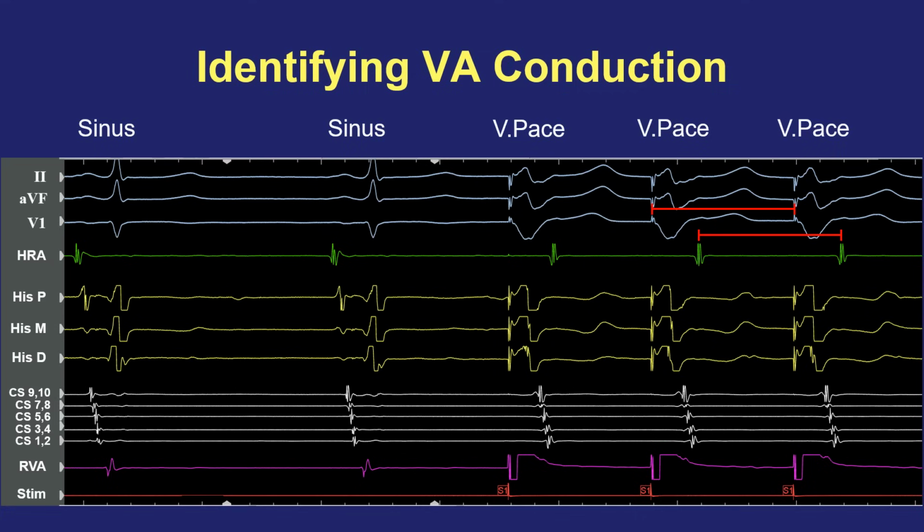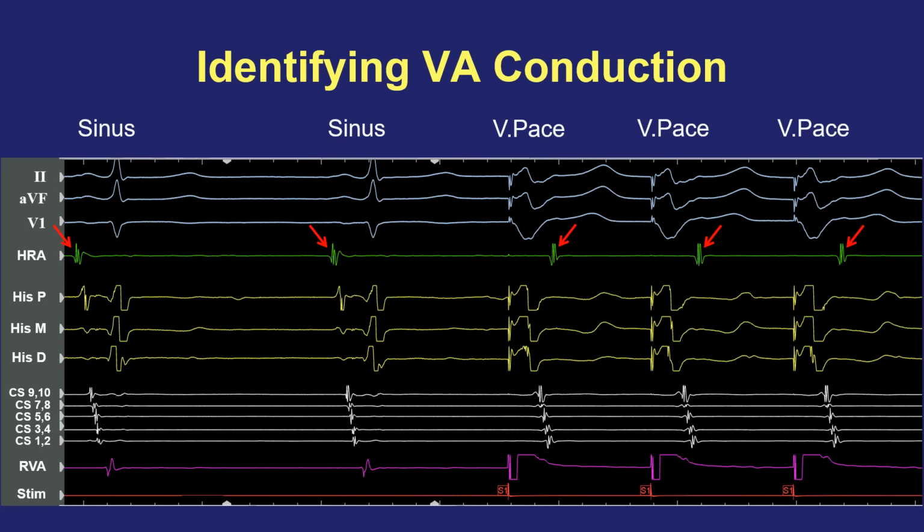But another way to look at it is the activation sequence during ventricular pacing. If we look at the high right atrial electrogram, for example, as I said before, during the first 2 sinus beats, that is the very first atrial electrogram to occur near the beginning of the P wave. But notice how on the latter 3 beats that HRA signal is late after the atrial signal in the coronary